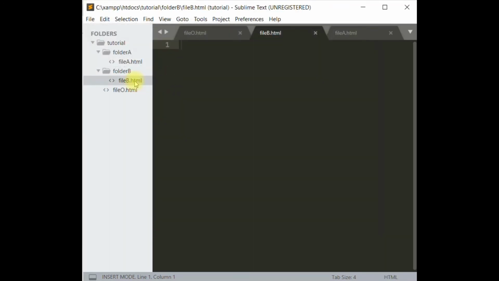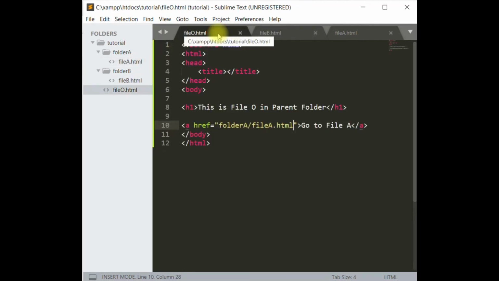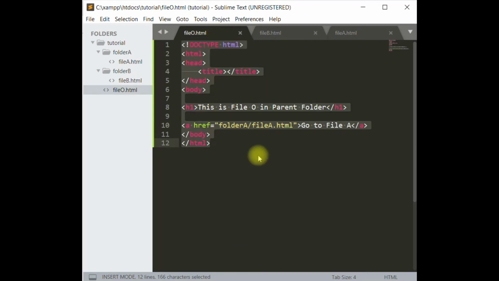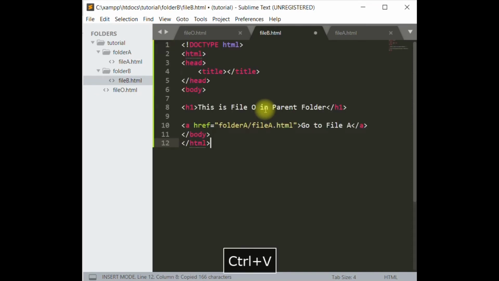Now from file B we want to approach the file A which is in another folder, means from other folder to other folder we want to approach. So for this I will copy this code of file O and simply modify it. The file B